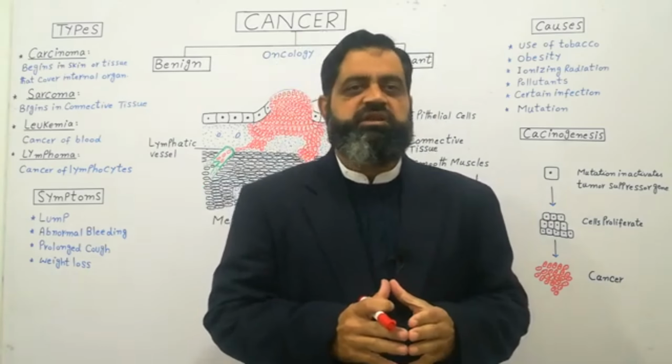They enter the lymphatic vessel, travel to other organs of the body, proliferate further, and make a tumor in another part of the body. In this way they spread. This spreading of disease is known as metastasis. They can also cause lymphoma by entering the lymphatic vessel, which is a cancer of lymphocytes. Now the carcinoma or the tumor can also spread.